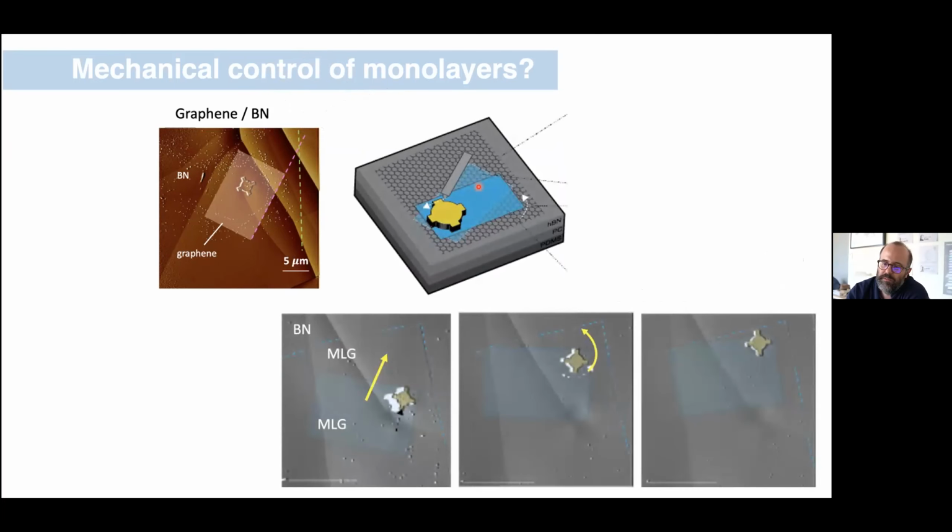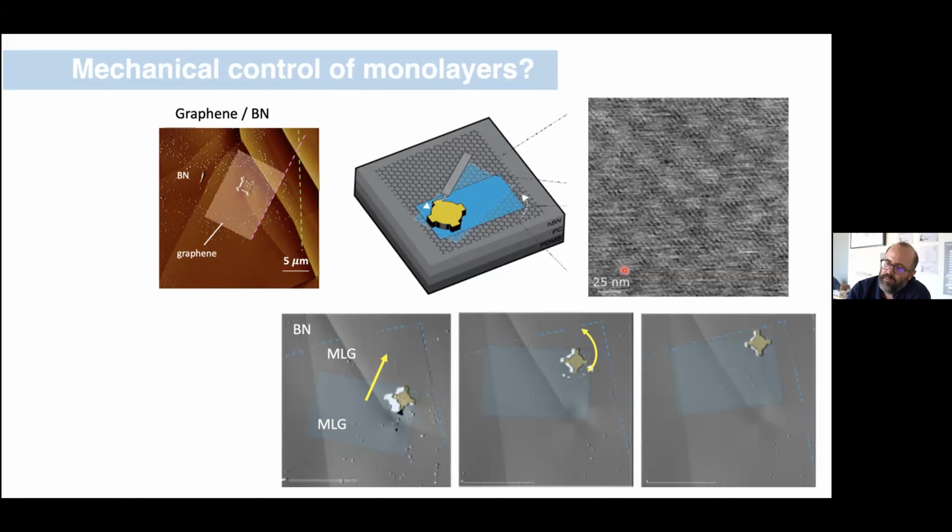Here's a sequence of images where we've got monolayer graphene sitting on BN. We've added a handle like I've talked about. In this sequence, we use this handle to shift the monolayer graphene towards the edge of the other monolayer graphene. Then we use it to rotate. And what we're trying to accomplish here is to rotate to the magic angle of twisted bilayer graphene. So after we finish our sequence, we can image by PFM, the same technique I described before.